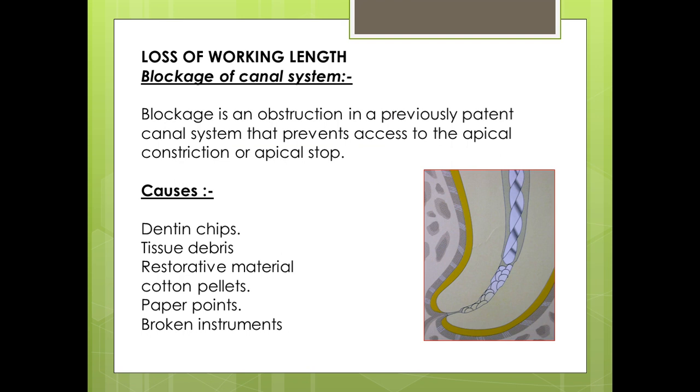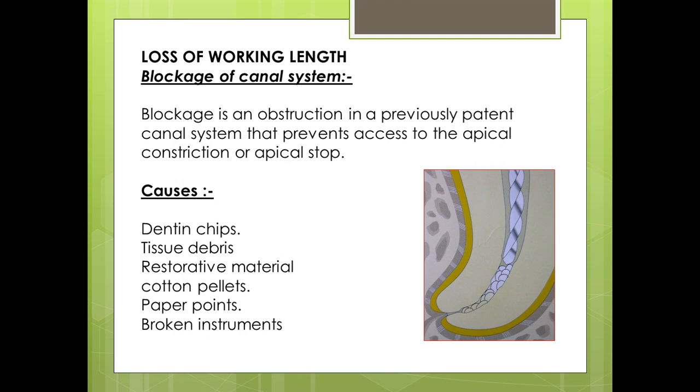We'll talk about the first procedural error, that is loss of working length. Loss of working length during cleaning and shaping is a major and common procedural error. The problem may be noted only when you place the master cone and take the radiograph before the obturation, or when the master apical file is short of the established or final working length. Then only you can recognize there is a loss of working length. And why does this happen? What are the etiological features?